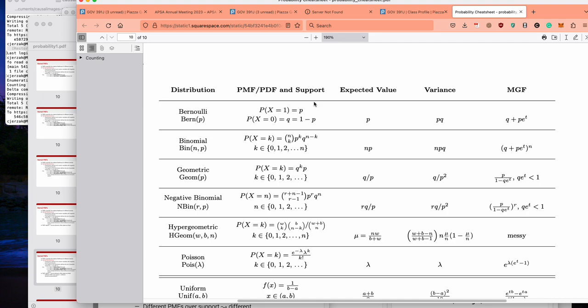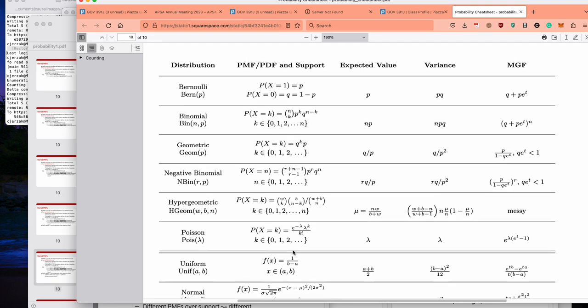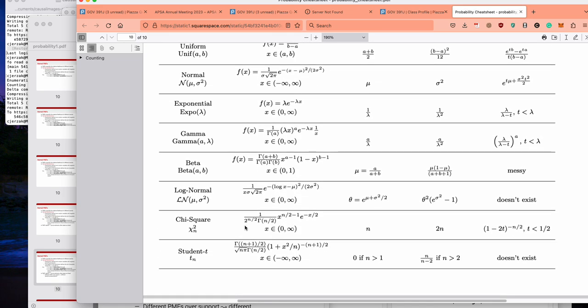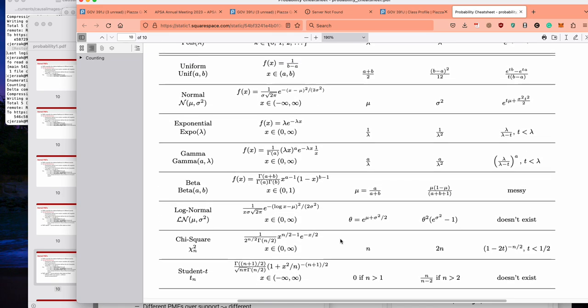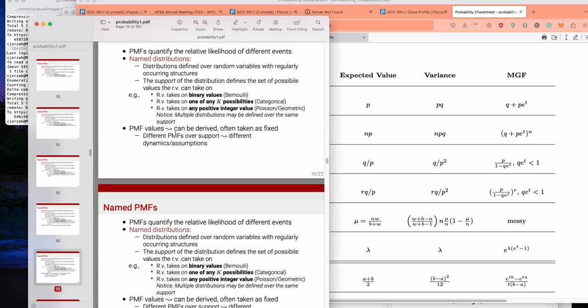So if you think about it in terms of a chain of events, the PMF or the PDF gives rise to the characteristics of the distribution, the characteristics like the mean, the characteristics like the variance, the other characteristics as well. So the PDF or PMF, or later on we'll talk about the CDF, these are kind of like the elementary building blocks of the distribution that tell you a lot of the things that you need to know about it. So this is just me showing you all the different distributions that we see here. There are more. This is just a small snapshot, but this is one way of giving you a sense for all of the named distributions that might be relevant, and we'll get to know some of them well, and so forth and so on.